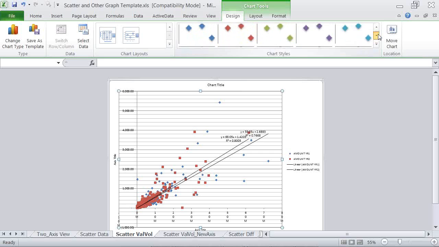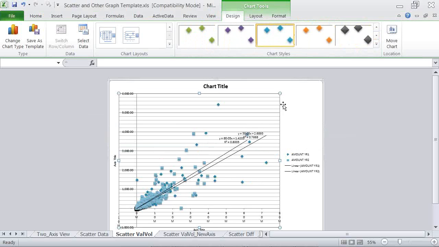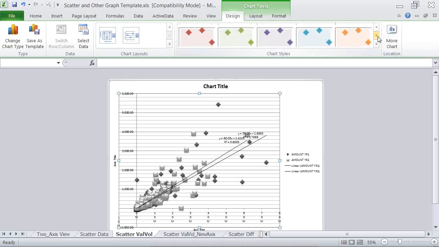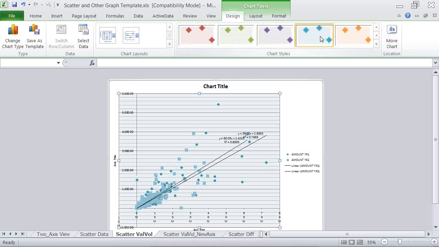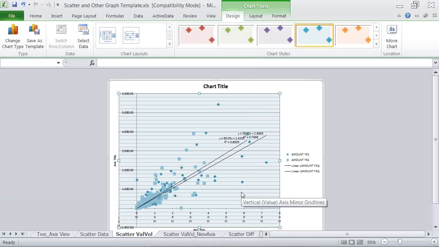And from a style point of view of just making it pretty, probably shouldn't have selected that, but you can select a variety of different styles to determine what you like the best. And again, probably the best thing to do is once you've gotten something you like, save it as a template that you can use over and over again.